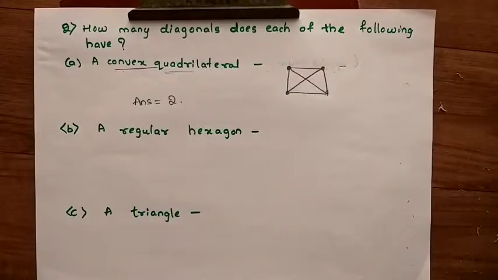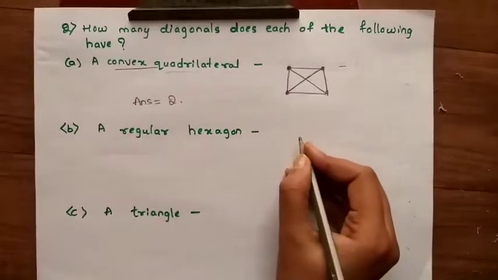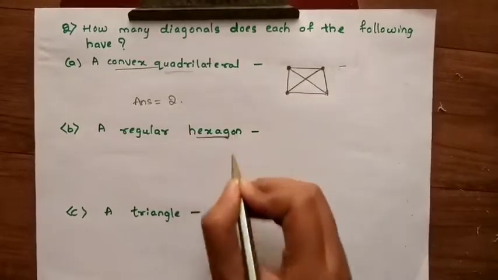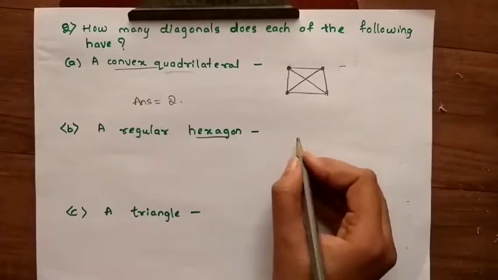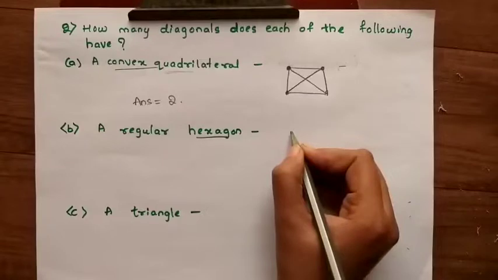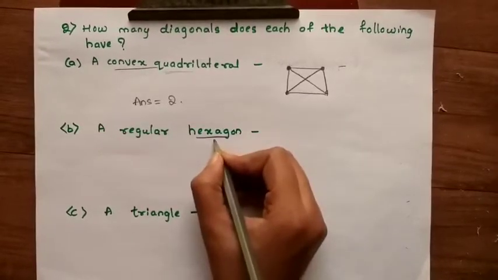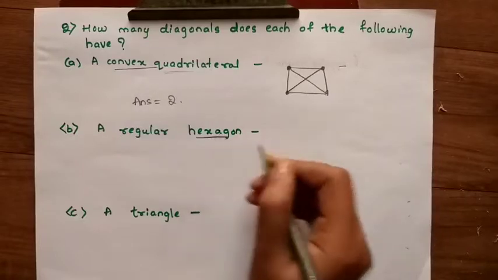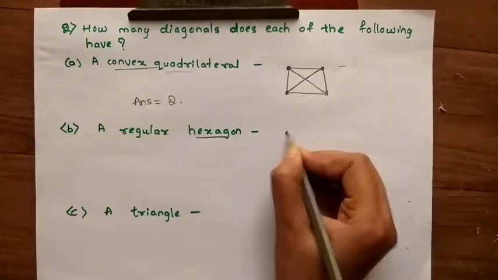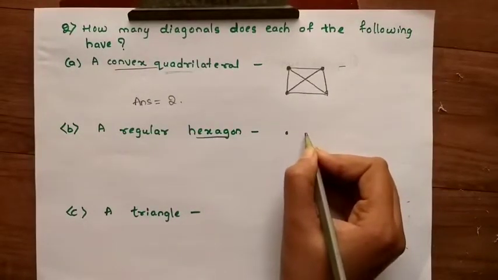Here hexagon means it has 6 vertices and 6 sides. So first we have to draw the figure using the definition of hexagon. Hexagon means 6 vertices and 6 sides. This hexagon is an example of polygons we already studied in the previous class. So first draw the vertices. Total how many vertices are there in a hexagon?